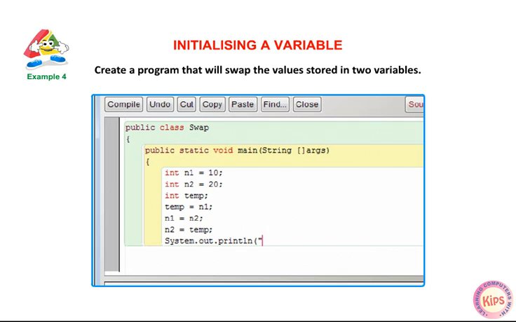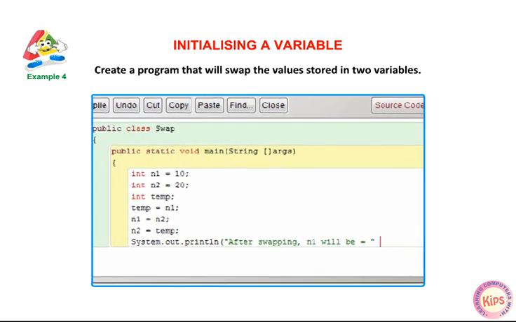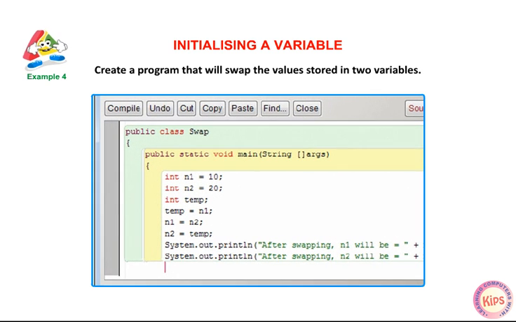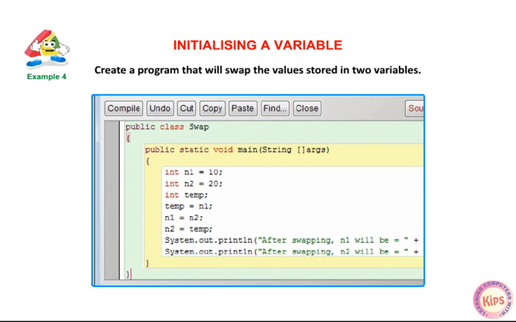System.out.println("After swapping, n1 will be equal to " + n1); System.out.println("After swapping, n2 will be equal to " + n2); } }